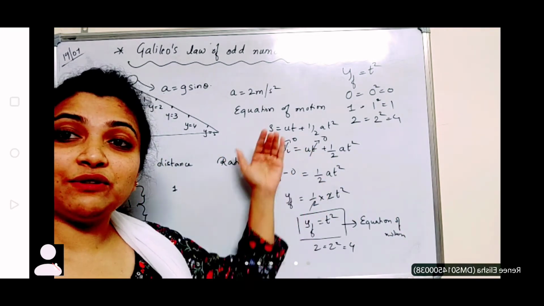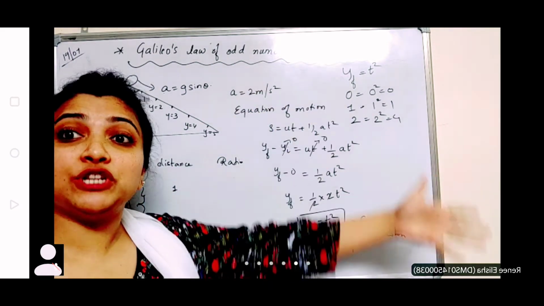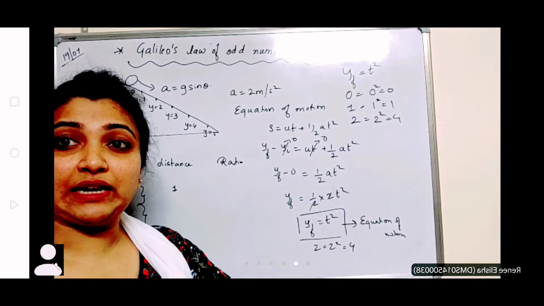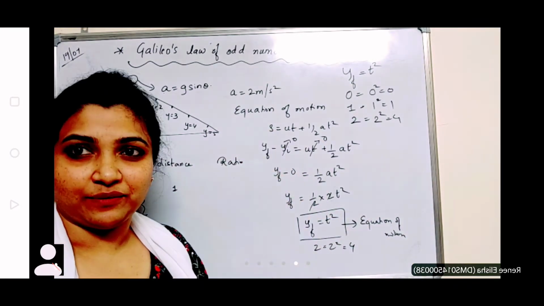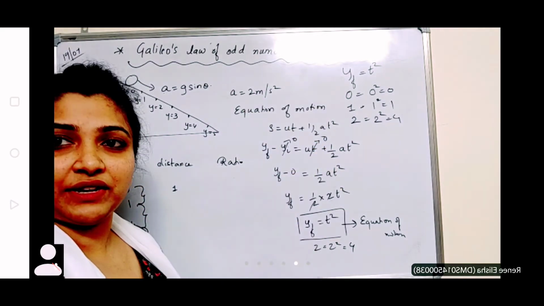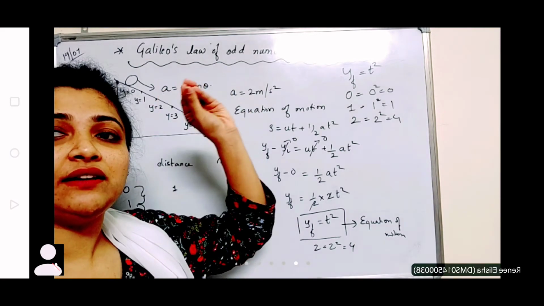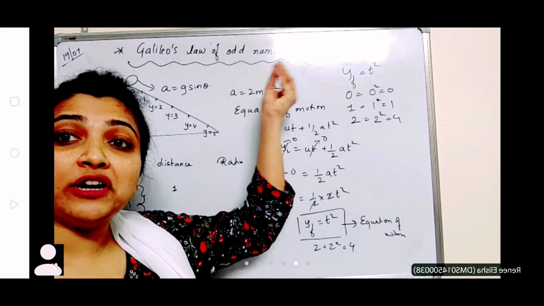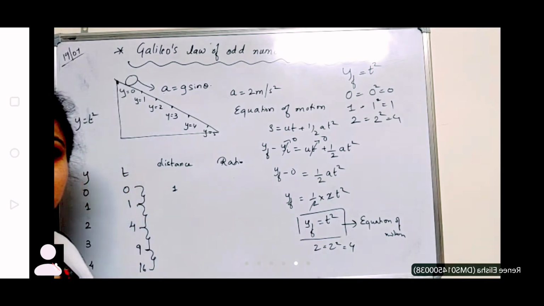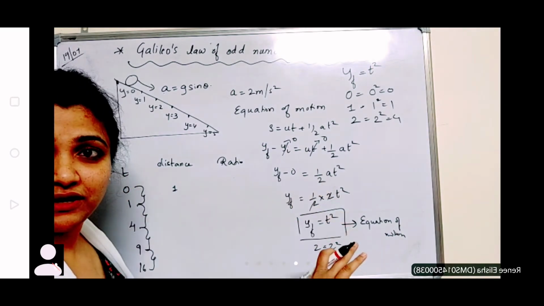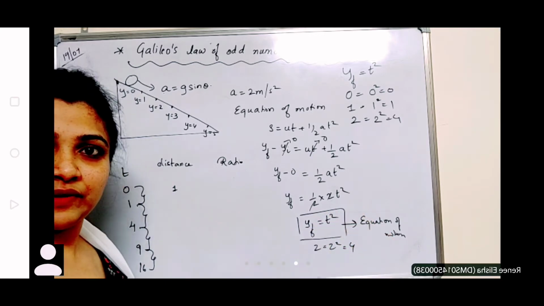So that is the proper equation of motion when we did it. But back in those days, there was no qualitative analysis. So he assumed what would be the position of the object when it is traveling on an inclined plane, right? How much distance it would cover. He gave an assumption. So this was all his assumption that we are studying. It's not the actual motion. It's just his law, what he actually calculated. How these odd numbers came into existence, all about that. Don't be confused. It's an assumption, children. Azam, clear?